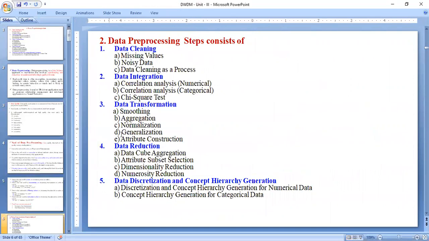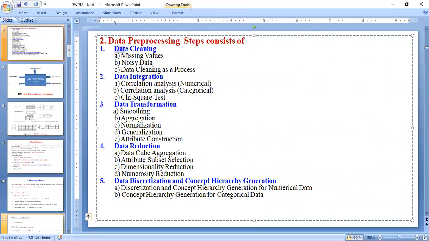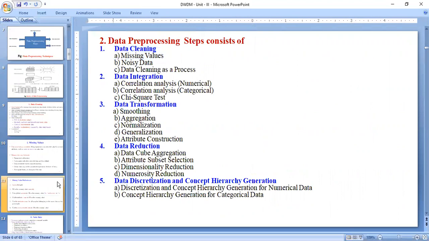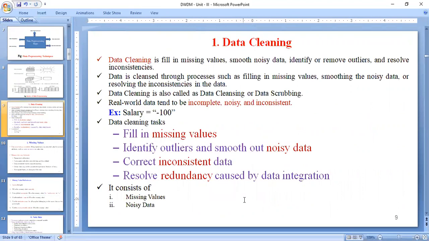Now you will know about data cleaning in Julia. How can you perform the data cleaning process in Julia? What exactly is the data cleaning process? It is filling the missing values in a data set, a large data set, smoothing the noise in the data, identifying and removing the outliers, and resolving the inconsistencies in the data.